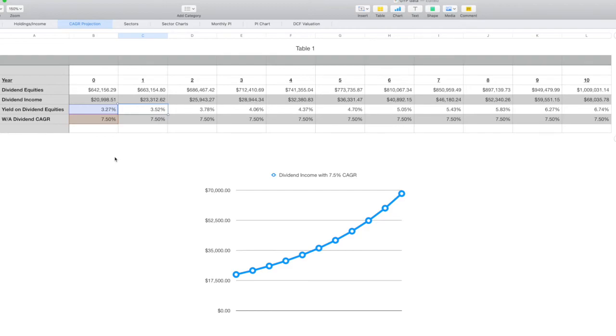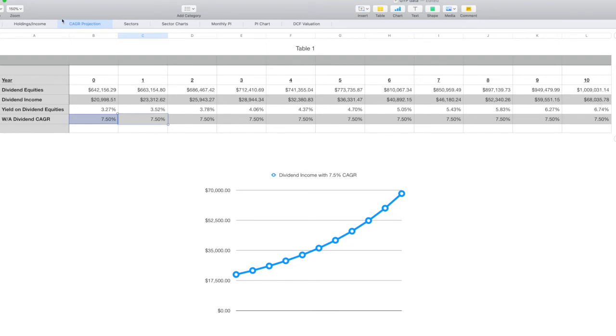What's really interesting, I think you guys know that I have an ultimate goal to be generating $150,000 in passive income from my holdings. That's across everything, real estate, stocks, etc. Well, if I would just have a 7.5% increase on the payout rate of my dividend paying equities, and then just hold that money over the next 10 years, that's not adding another cent to the portfolio, that's only reinvesting my dividends, you can see I'm going to be a little under halfway there, generating $68,000 a year in annual income.